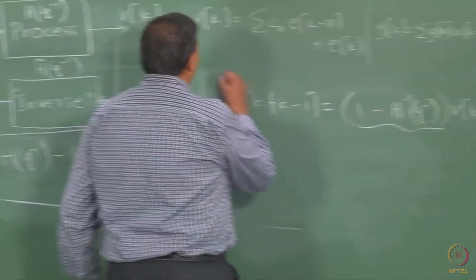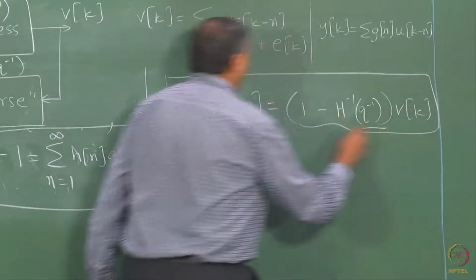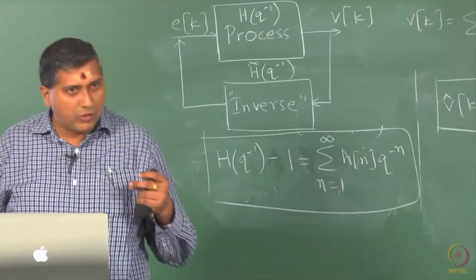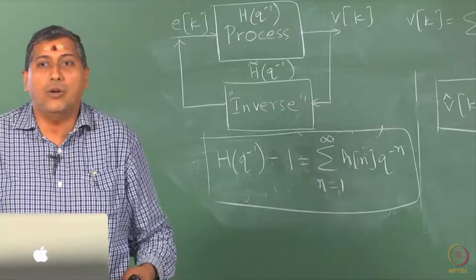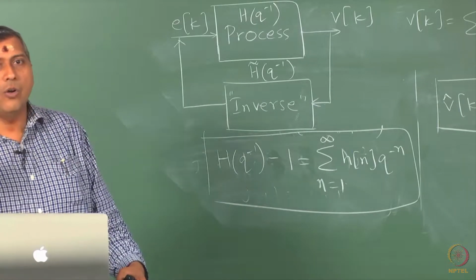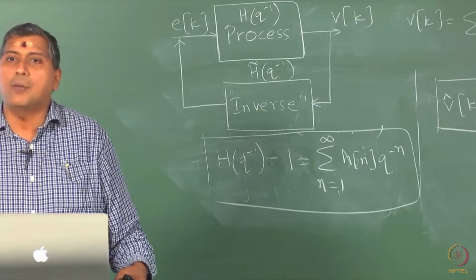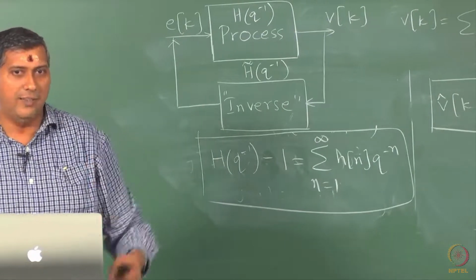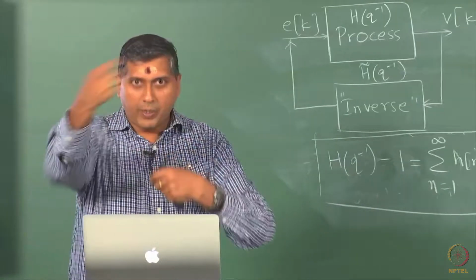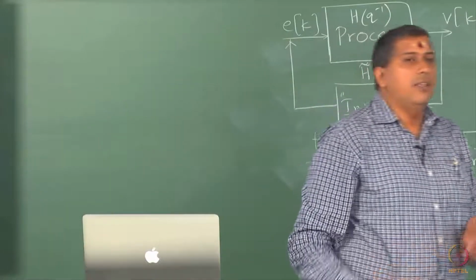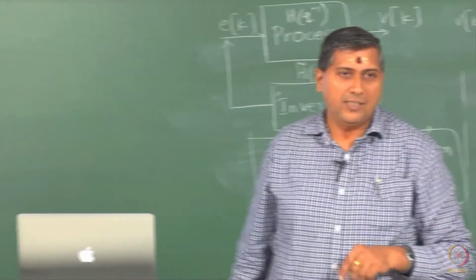Keep that in mind. I expect you to remember this as one of the golden equations for forecast. Given a time series model, you should straight away remember this as an expression for one step ahead forecast. When we talk of forecast later on, we will talk of p step ahead forecast and so on. Sometimes you want to make a forecast p steps ahead, like in a game of chess I want to predict the next 3 moves, not just one move. This is for a one step ahead prediction.